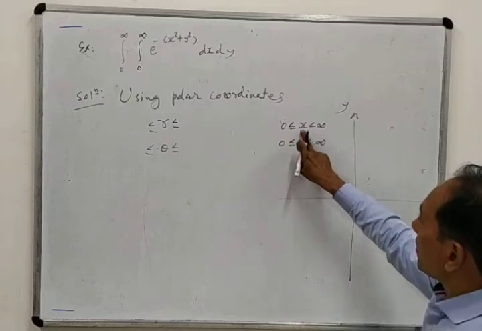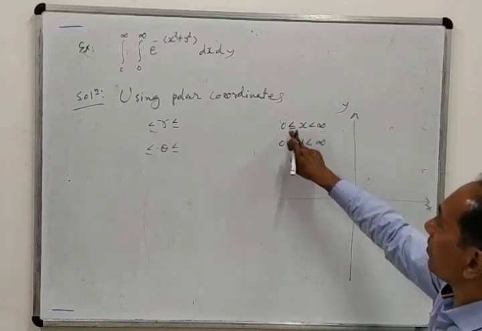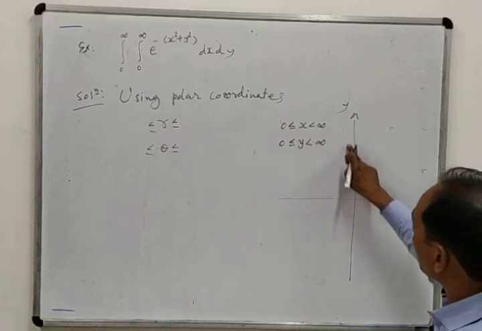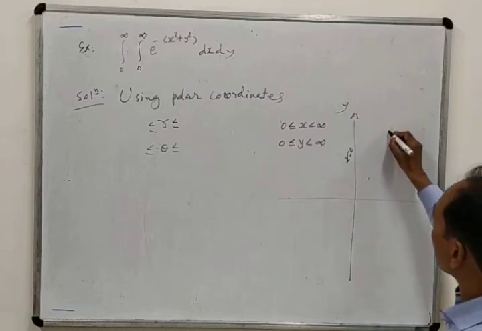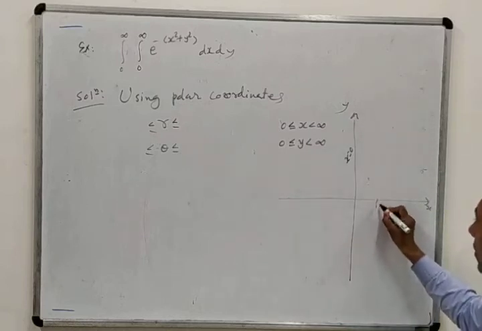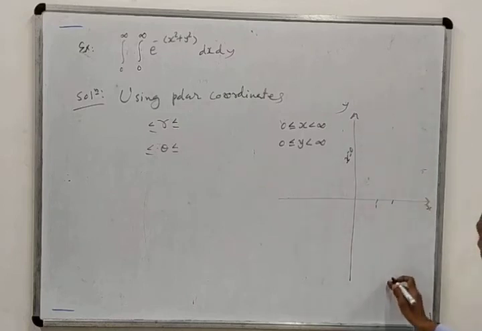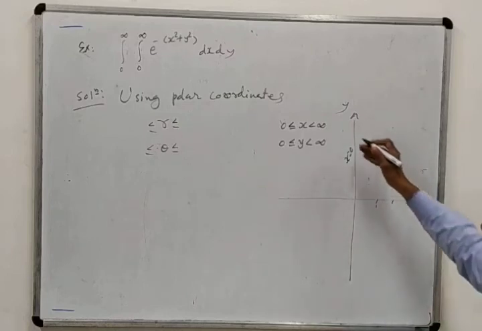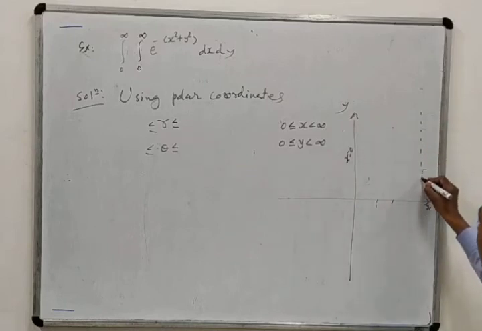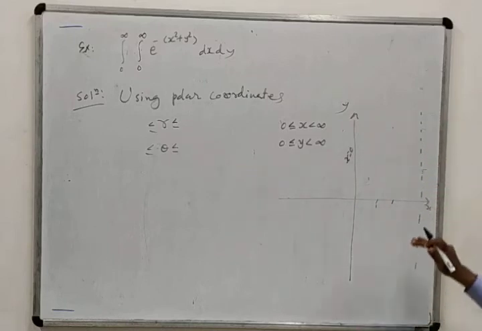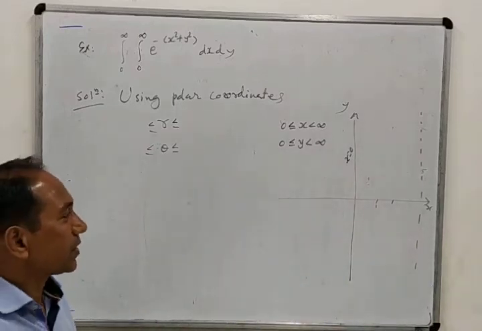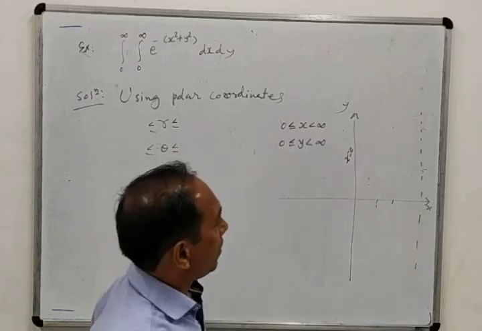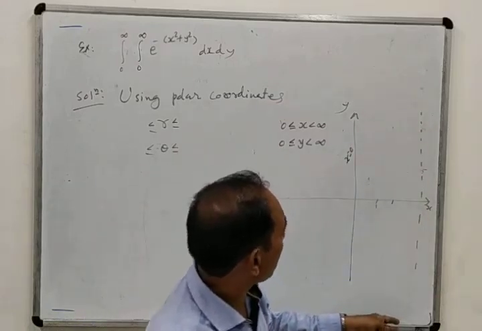So we will draw this. This means that x lies between 0 and infinity. X equal to 0 is nothing but the y-axis. And x equal to 1, if we want to draw, is a line passing through x equal to 1. X equal to 2 is a line parallel to the y-axis passing through 2. But x tends to infinity, so it is also just an imaginary line that we imagine at infinity, because we cannot reach infinity and our paper size cannot extend up to infinity. So we can show this by drawing a line. That means this is x equal to infinity.